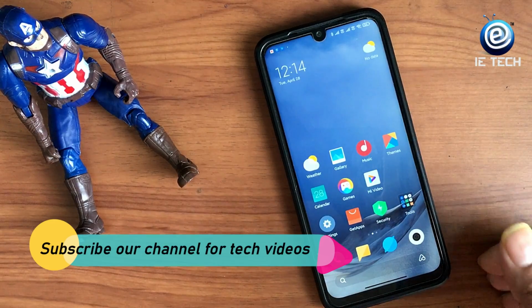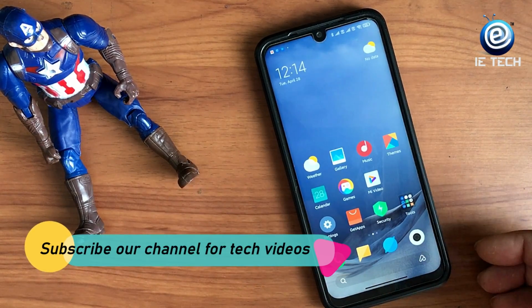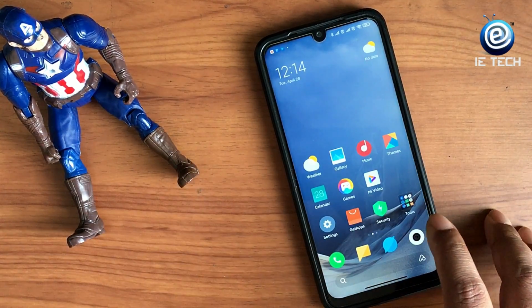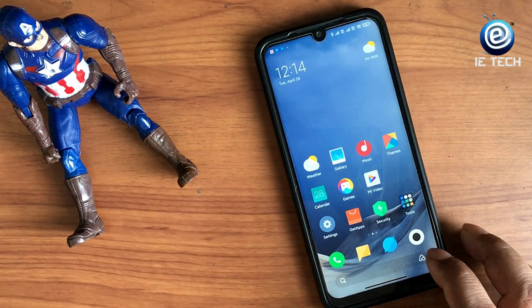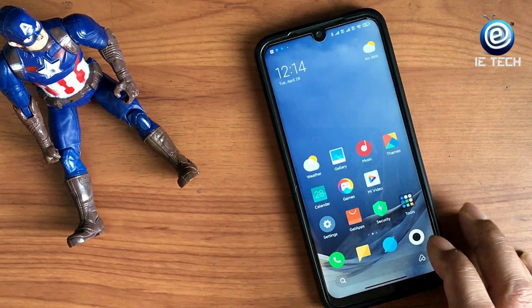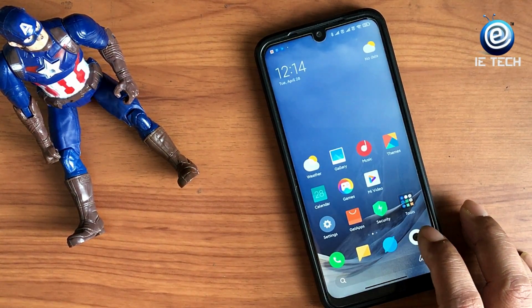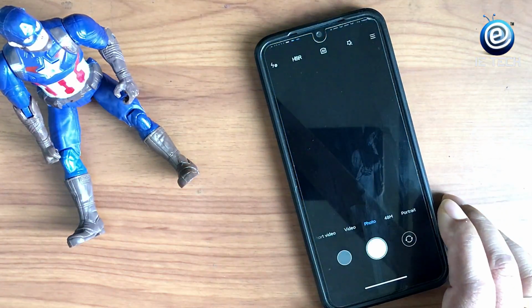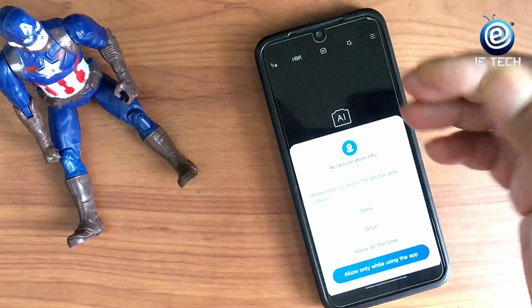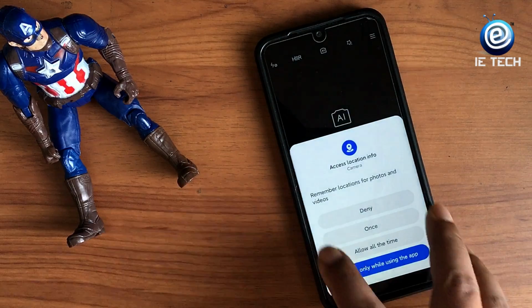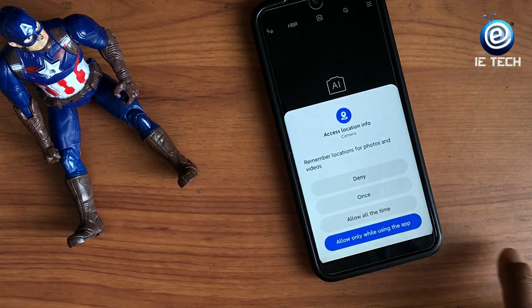Okay, so now we are in the full screen gesture mode, and as you can see on the home screen we have got the old apps. So just to test out the camera app, it's all the same camera app. So this is what I was talking about. This is the enhanced privacy.